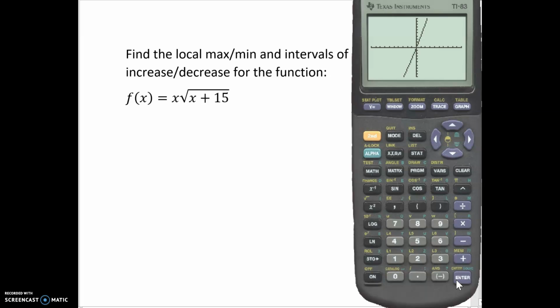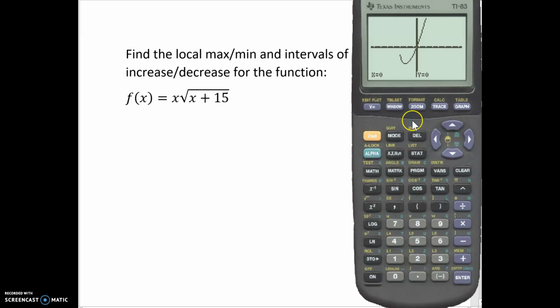When I'm not sure how to adjust it, one of the things that I can do is go to zoom and go down to number 3 and zoom out. So it brings me back to the standard window, and it's blinking at the origin 0, 0. That's fine. Let's expand out from there, making that the center of the new graph. I just hit enter, and it readjusts my x's and y's so that I can see a lot more detail